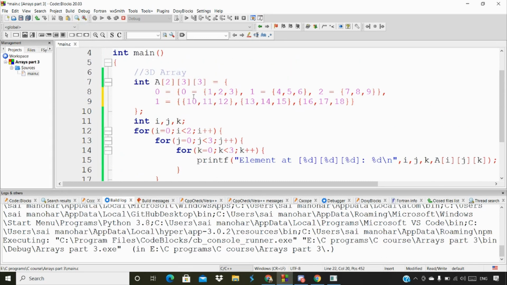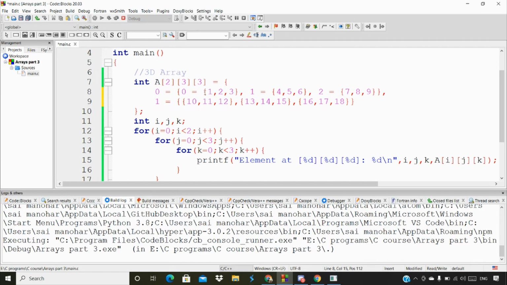So we're going to look into the zeroth row and then the zeroth column as well. So this is the zeroth column, first column, and second column. Here that's going to be very confusing, I guess, so let me delete it first. Yeah, so let's assume this. We have the zeroth row, and this is the first column, second column, and third column. So we have three columns here.